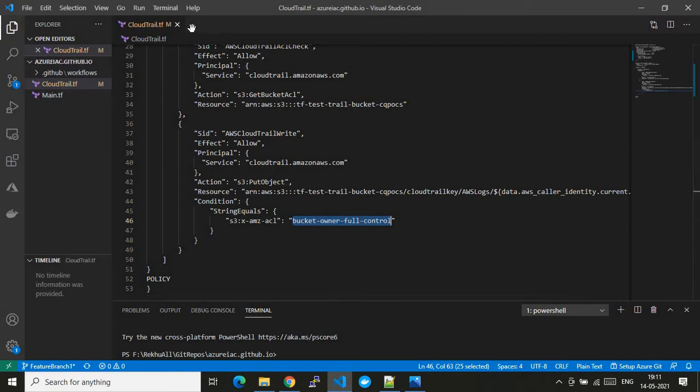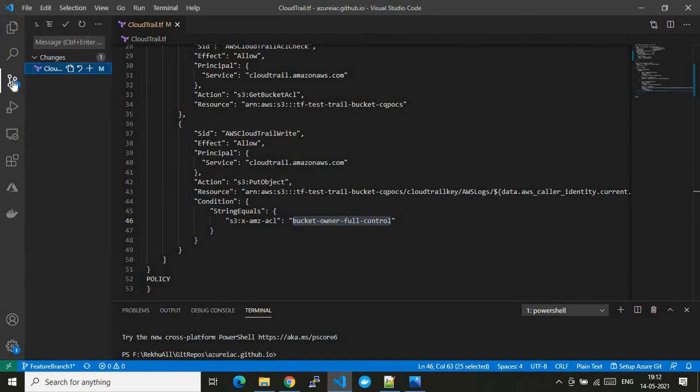As you see here, I have just made a commit in my local branch. Currently I'm in the future branch 1, which is a local branch. Now let me commit this change locally. I will give a meaningful message called data event log, and commit these changes to my local branch. Here you go, this is my local branch.